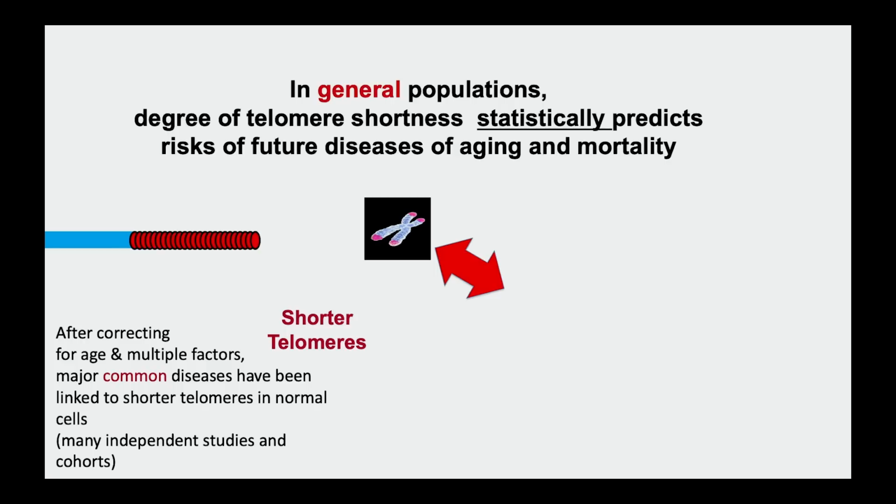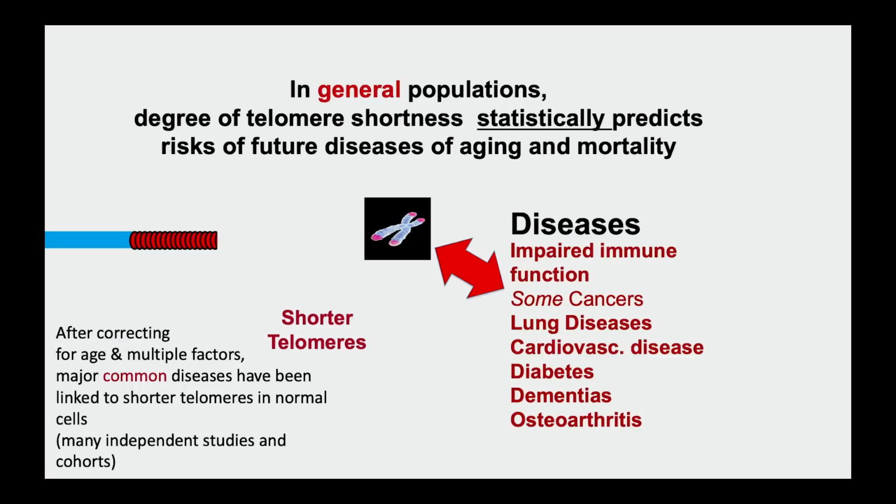And so this is, again, condensing and distilling a lot of studies where basically in the general population, the degree of telomere shortness, how much shorter your telomeres are than others in the cohort, is proportional to your risk of a whole set of diseases which characterize aging. And I've just listed several of them, and impaired immune function is certainly prominent among them, as is cardiovascular disease, but interestingly diabetes and dementias and osteoarthritis. So that's an association, doesn't cause anything, even though it anticipates incidence of these diseases.